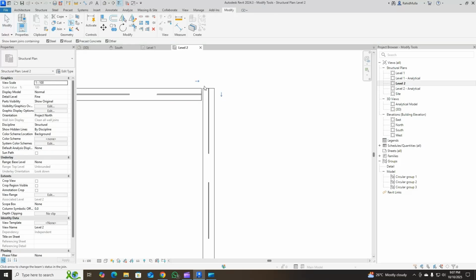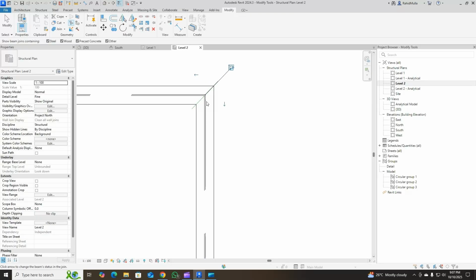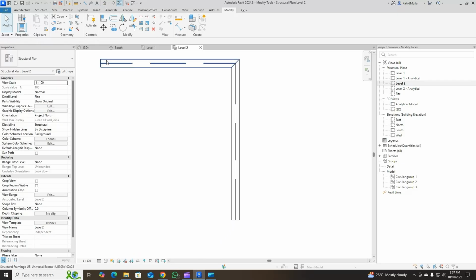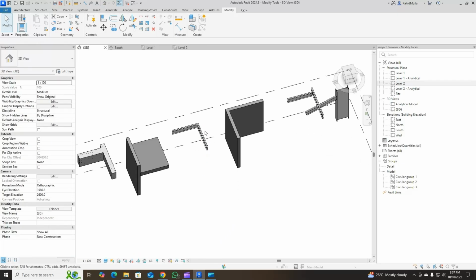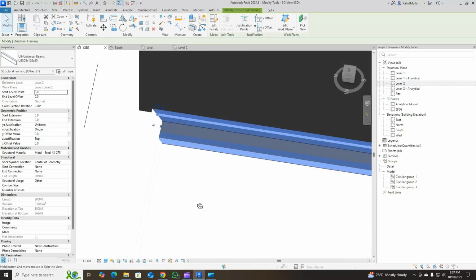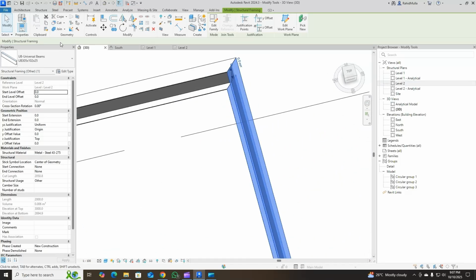As you select that, you get two arrows here, and if you select this, see what has happened. Now these two beams are meeting each other at a perfect mitre joint. If you see this in 3D, this is how you will find it. See, so this is how you use all these tools here.